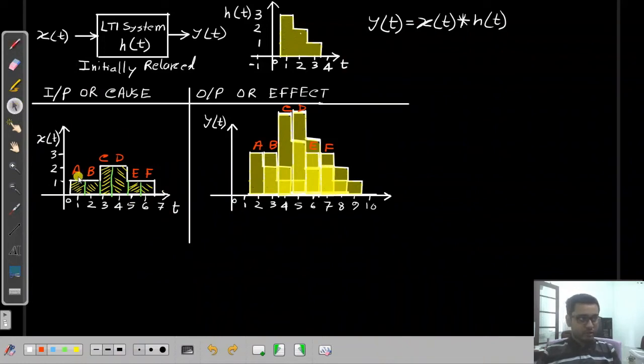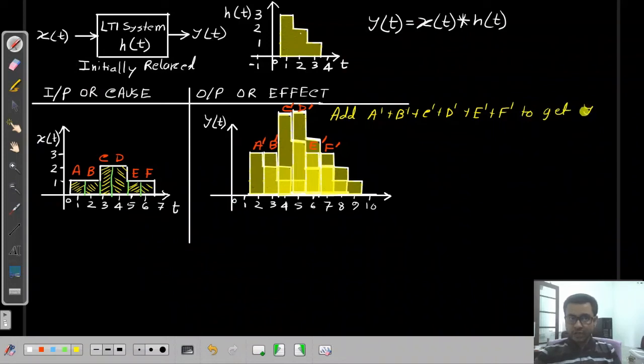So let me call the effect of A as, say, A prime, that is this part, the effect of B as B prime, effect of C as C prime, and so on, D prime, E prime, F prime. Then we need to add A prime plus B prime plus C prime plus D prime plus E prime and F prime to get total output